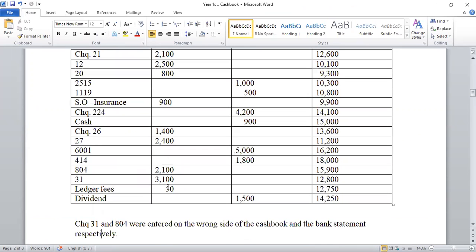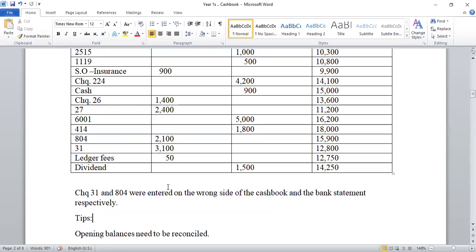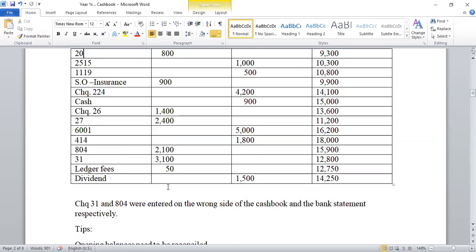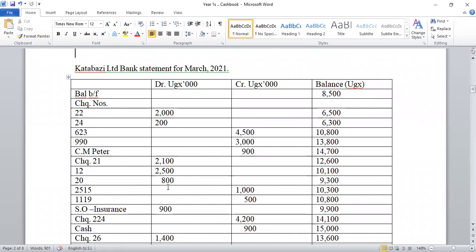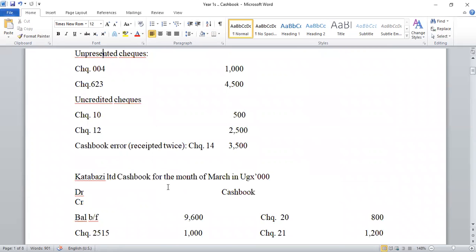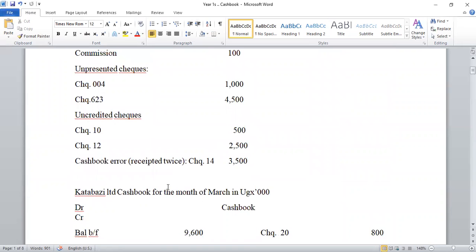Okay, unfortunately, that check is still a reconciling item. It didn't pass. Okay, check 004. Didn't pass. We can look for another one and see. We can try another one. There's a 623. So the one that doesn't pass is supposed to still remain as a reconciling item. When I look at your bank reconciliation of the month of March, I'm supposed to find there that check 004, 1,000. I'm supposed to find it there because it has not passed yet.